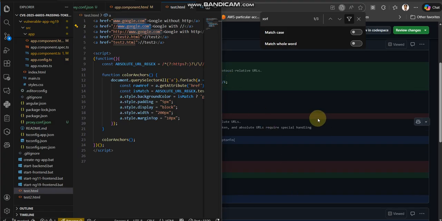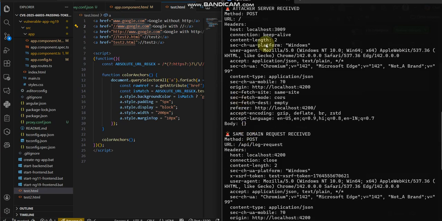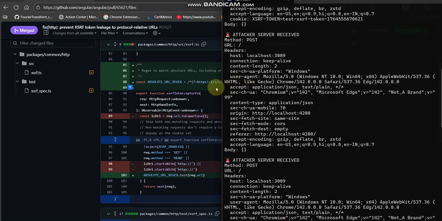And for the token, actually, the token that you are seeing in this backend that it was receiving, this XSRF, it is not something that Angular does by default. You will have to do some configuration in an Angular application for it to work. Let me show you those. So if I go to the Angular code,